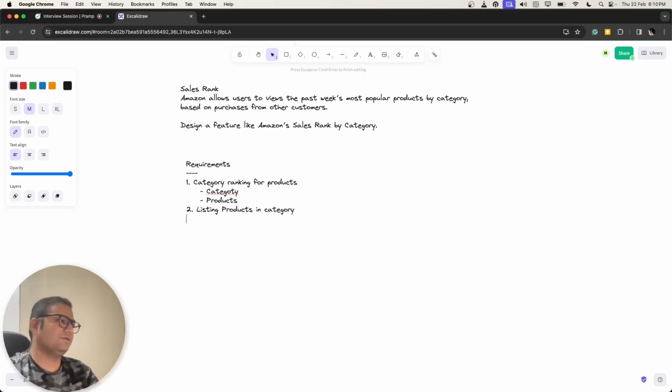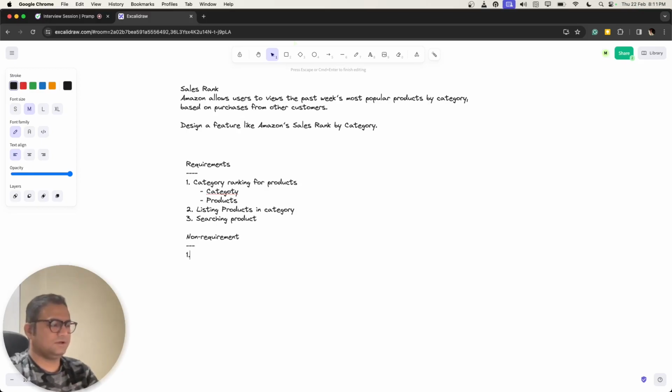In the main functional requirements we can keep this, and if time permits we can also go for searching for a product. And in the non-functional requirements